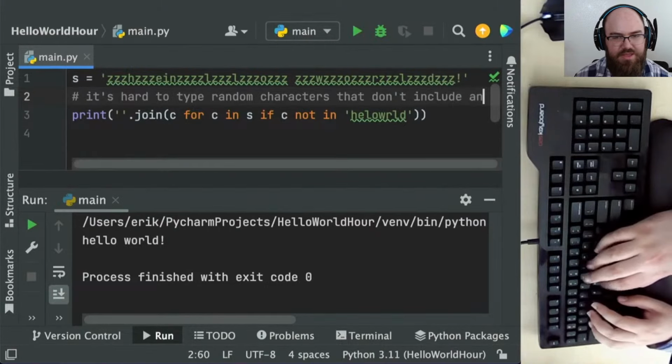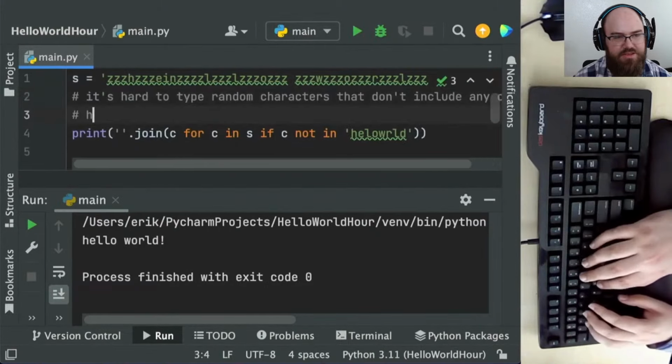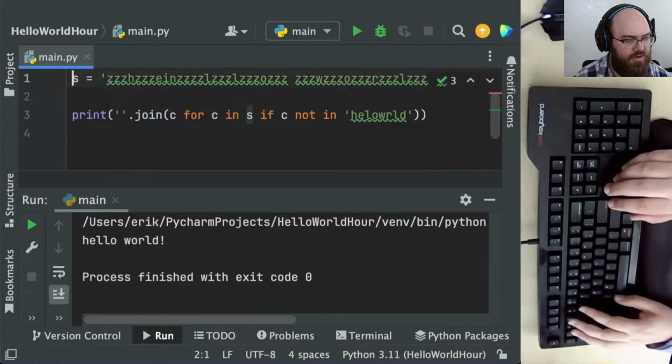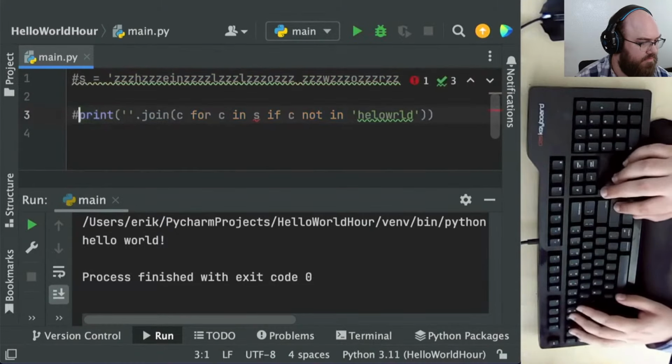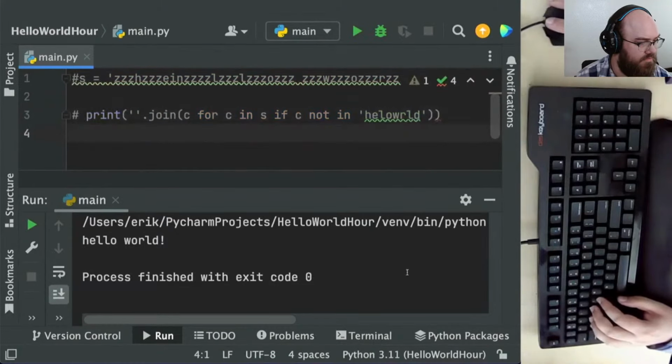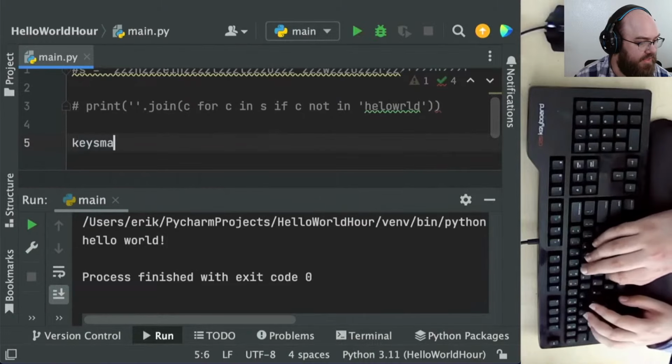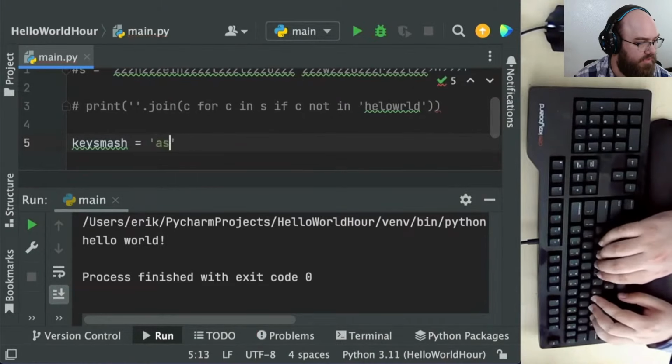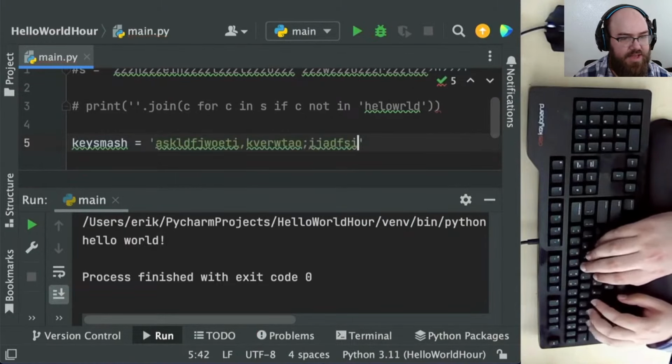Yeah, try typing a bunch of random characters that don't include either hello world or some other small number of words or characters. Solaris says, well, it is equivalent to doing 26 times A equals quote hello world, print A, then B equals hello world, print B, etc. Yeah, that's exactly the pattern.